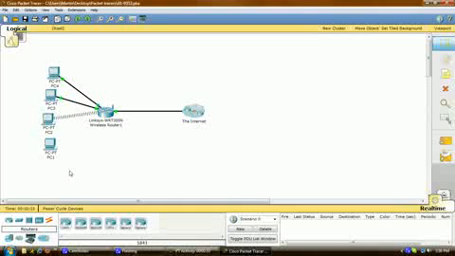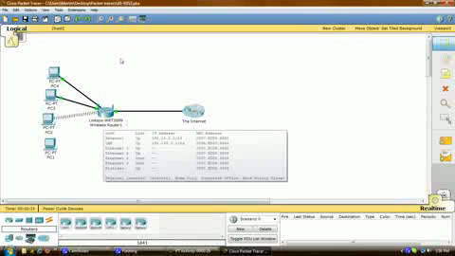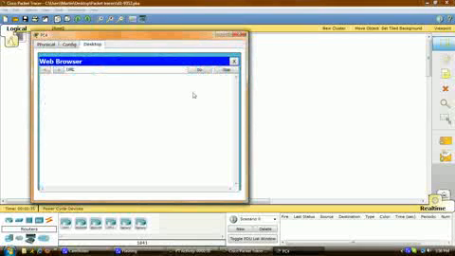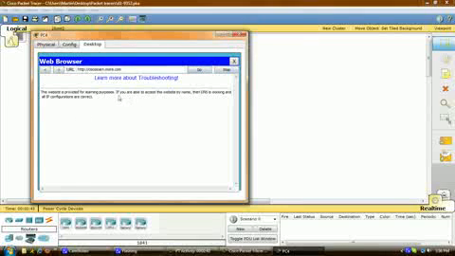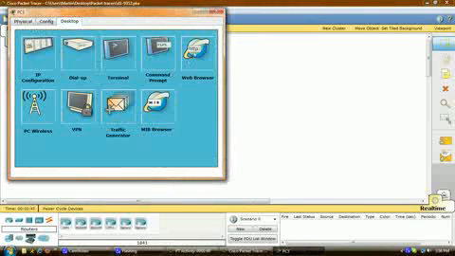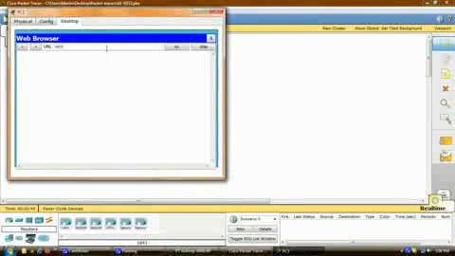First, what I'll do is verify connectivity. I'm going to go into each PC, go into the browser and see if it will connect to the web server. I'll start with PC4, go to desktop, web browser, type in ciscolearn.more.com, hit enter, and it connects to the web server. Okay, I'll go down to the next one, go to desktop, web browser, type in ciscolearn.more.com, and that one